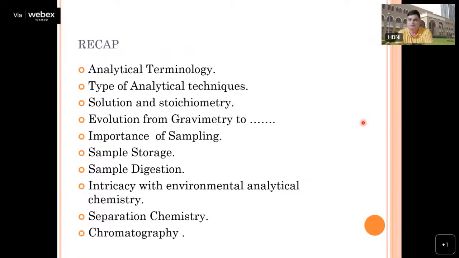And there can be a single analyte or many analytes. In the case of a synthetic sample, your matrix may be a very simple one, but in the case of environmental samples, or samples coming from nature, you have a very complex matrix because we do not know the composition of the matrix. Then we saw the importance of calibrations, how to do the calibration functions,